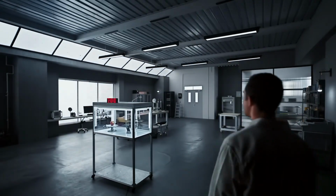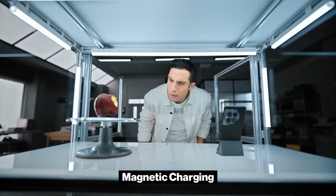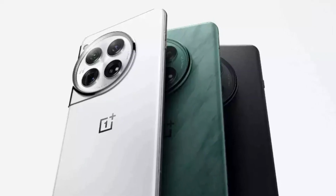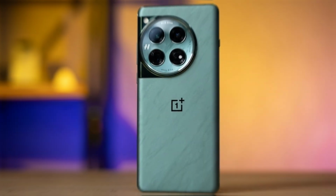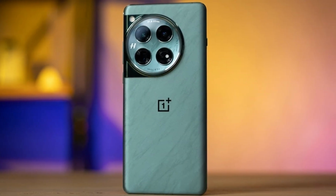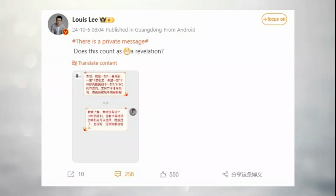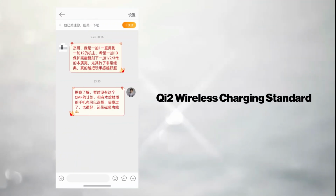Perhaps one of the most exciting leaks revolves around the introduction of magnetic charging. This has been largely absent in Android devices, with most major brands like Samsung and Google choosing to skip the feature. However, according to a screenshot shared by OnePlus president and COO Kinder Liu on Weibo, the device will feature a magnetic suction function. While it's unclear whether this feature will follow the Qi 2 wireless charging standard, it's certainly